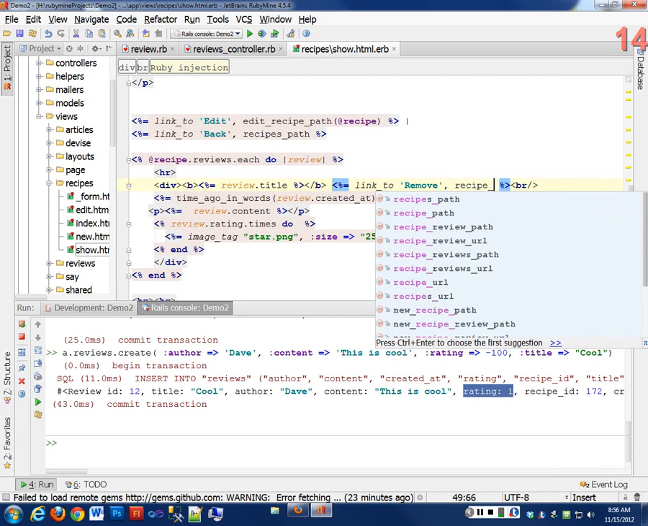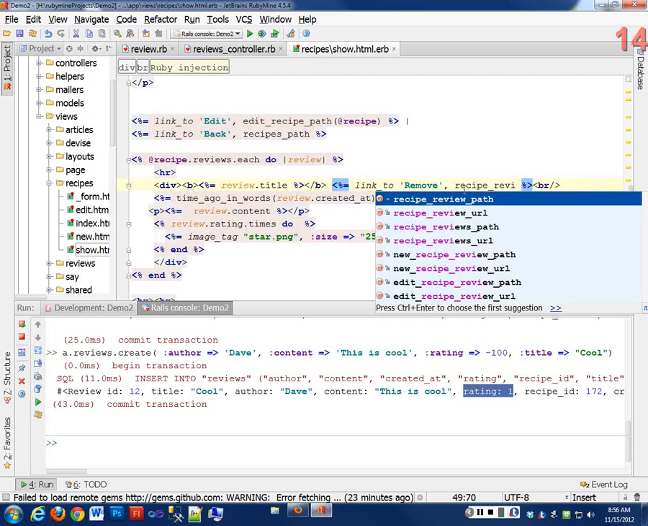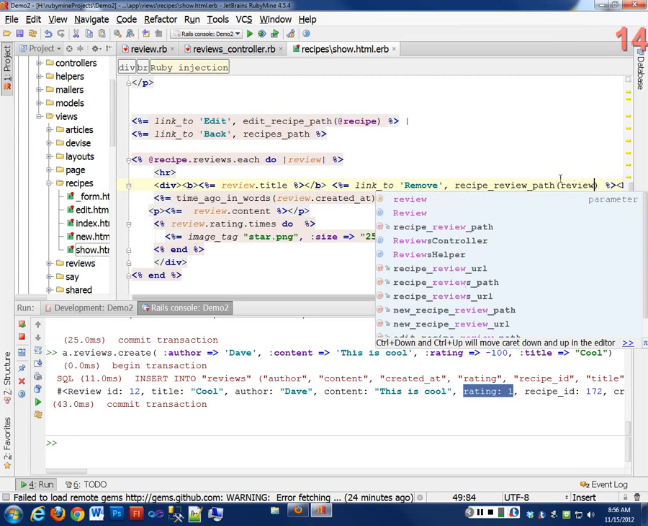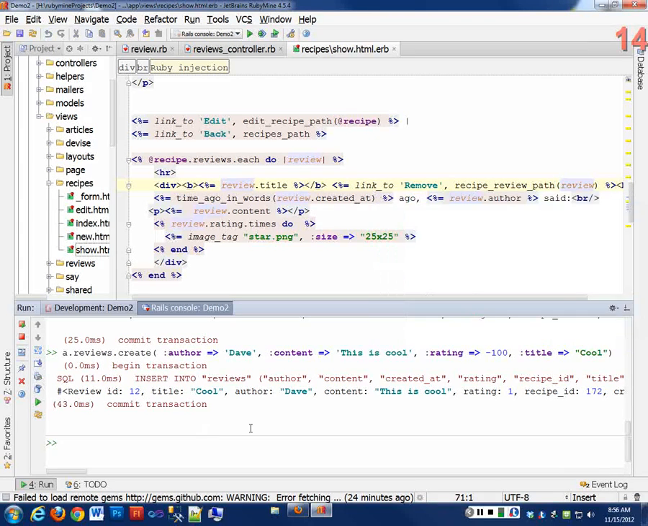recipe review path, nicely gives it to me here, and I need to pass both of those values. I pass it in the same order that the method name is here. I pass the recipe ID first and the review ID second. So I need to pass two parameters here. And in this case, this is an interesting thing we haven't talked about. If I have a review,